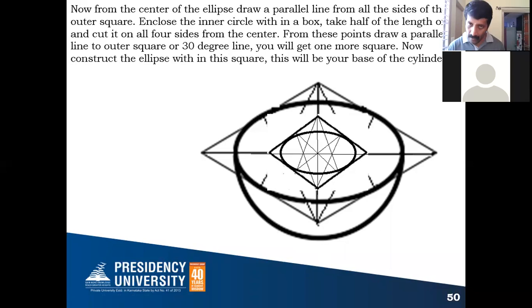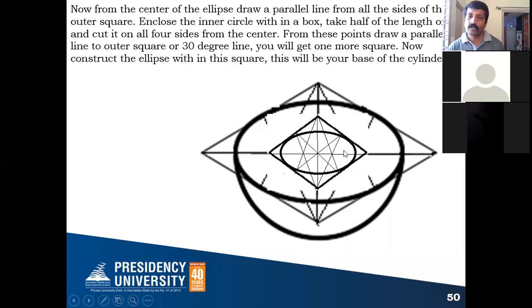Now use the same method to construct the ellipse within the square, the four-center method as usual. Take this as the center and draw a line exactly at the center of this side. Same center, draw a line exactly at the center of this side, and from this point draw a line exactly at the midpoint of this side, and from the same point another at the midpoint of this side. You get four points. With this as the center and either this or this as the radius, draw an arc.